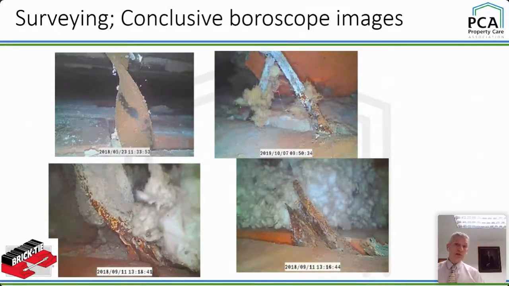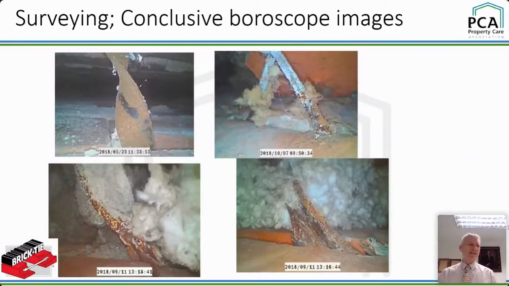Bear in mind the butterfly tie, top right on this image, is not going to cause much in the way of cracking. It can cause some cracking if the bed joints are thin, if they're brittle cement bed joints. But generally you don't get a lot of expansion cracking because you've not got a lot of metal. Fishtail ties it's the other way.